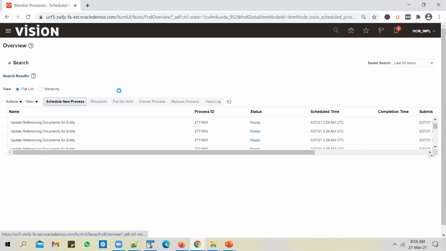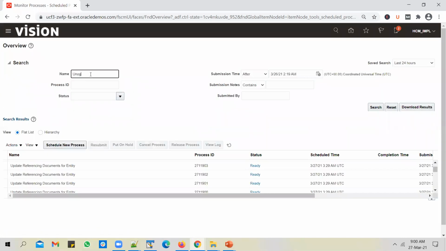We can apply a filter. Looks like a bunch of jobs have been kicked off. So we can apply a filter and search for only the jobs that start with Geeks.